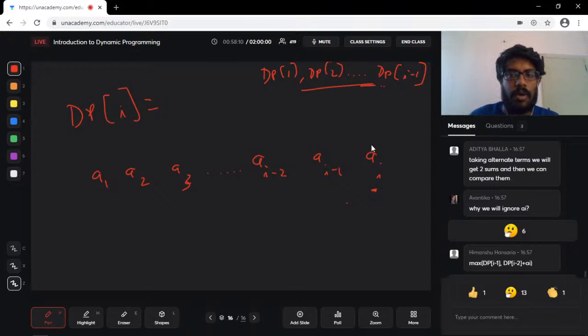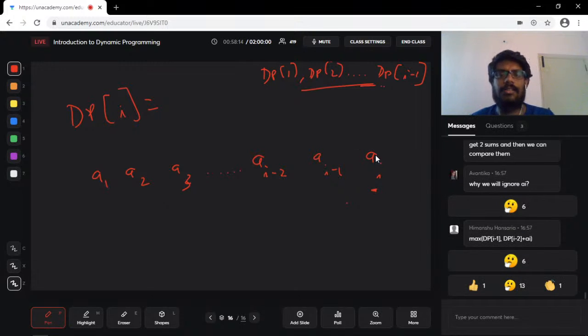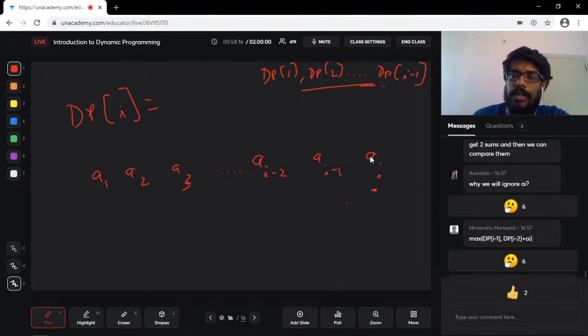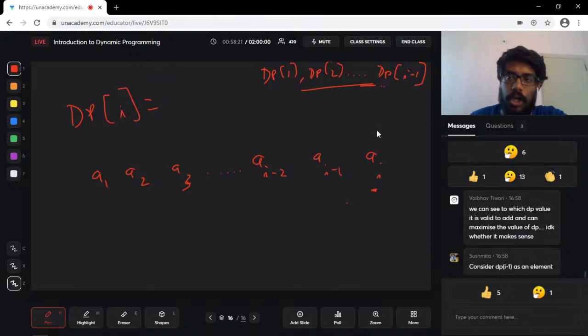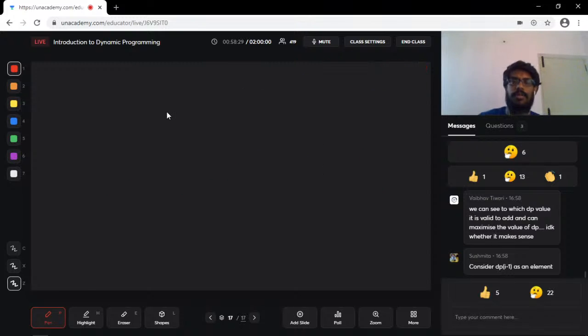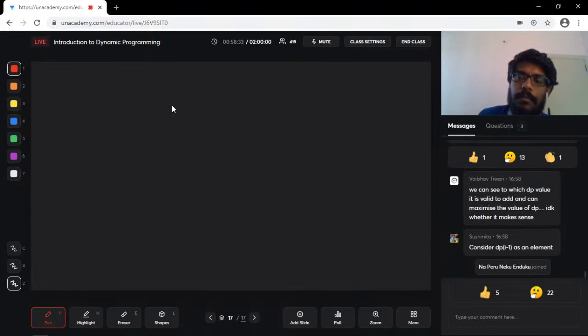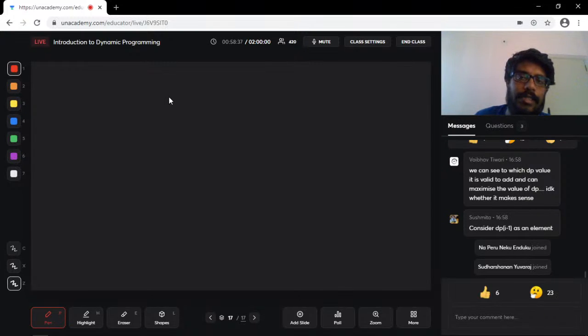So what am I going to do? I'm going to look at ai and ask, what are you going to do, right? In any valid subset, ai is either present or not present, right? And this is the main distinction I'm going to make. So just keep this in your mind. But how do we use that exactly? Before getting to that, let's look at